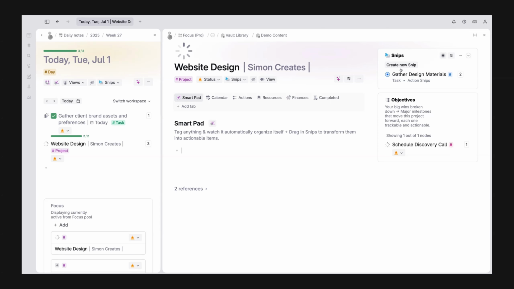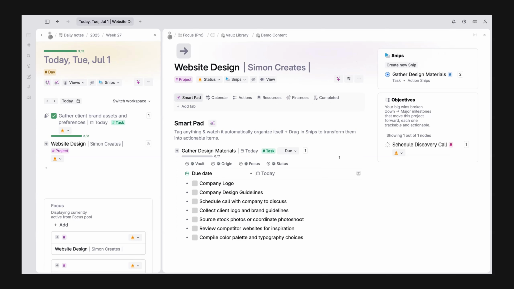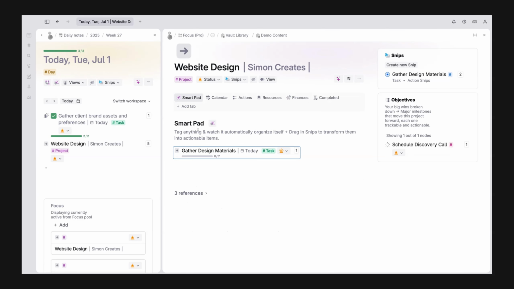I can either create a new one, which I'll go into in another video, but we can drag gather design materials over here and it will automatically set this up as a task with a preset task list with checklist items all included, and we can actually start going through that if we want to. You can schedule it for another time and we can set the date for today if we chose, and I can actually now clear this,